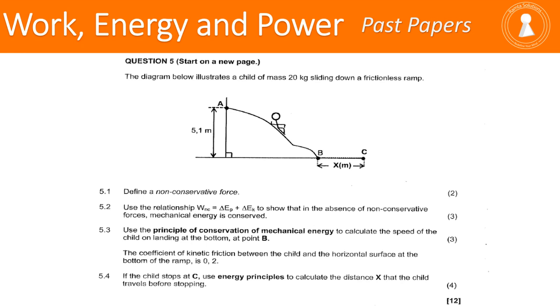So remember, guys, we have 12 minutes to complete this question. If we say we are slow, we must have taken 15 minutes. But of course, because I've already taken 1 minute of our time, we must finish at 13:30. Now, the diagram below illustrates a child of mass 20 kilograms sliding down a frictionless